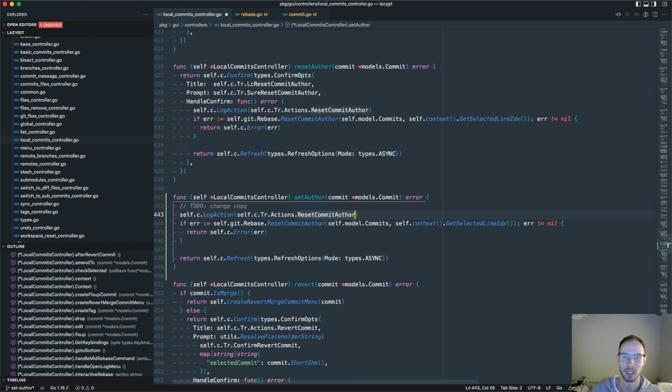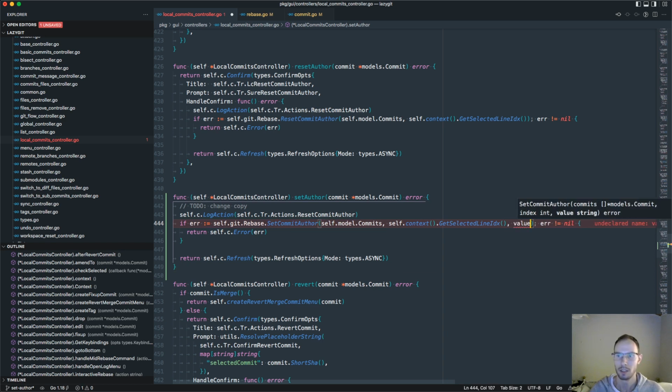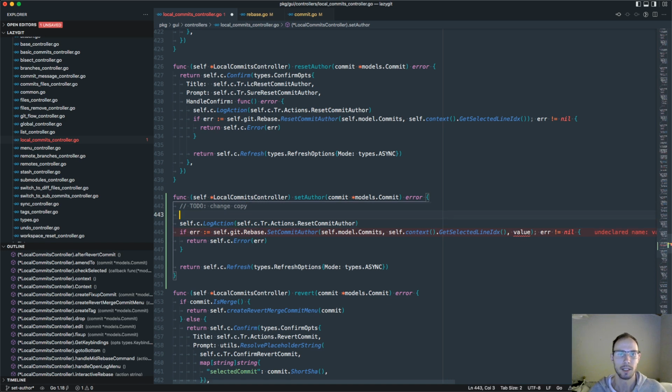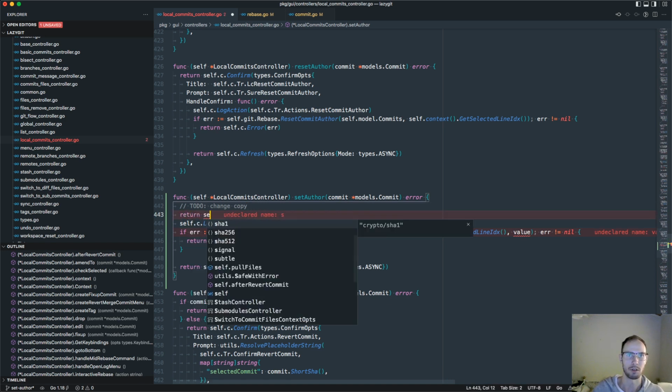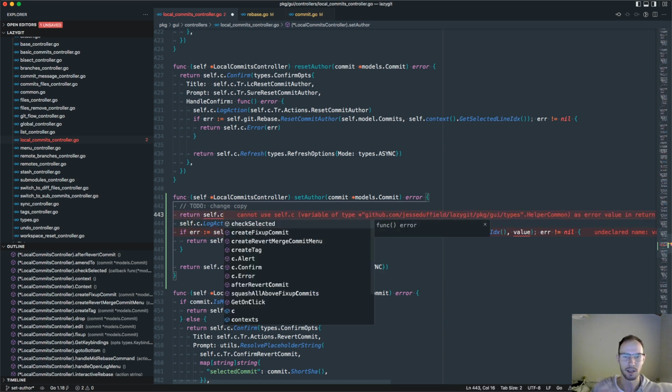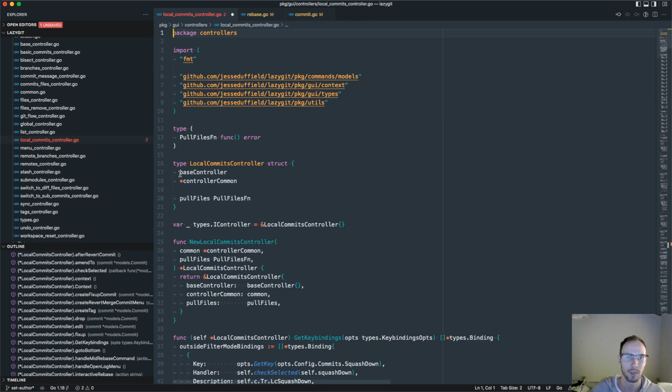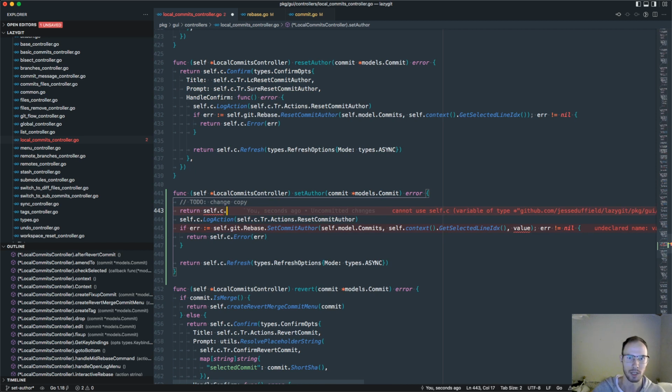So I want to change these things to not use the terminology of resetting. It's actually going to be like setting the author. Okay, so let's see, this is now going to be set commit author, but I need a value really. So where am I going to get that from? Well, let's do this. We're going to go self.c, and now the C field is just a bunch of commonly needed fields and methods on a controller. So in this case, it's going to be c dot,